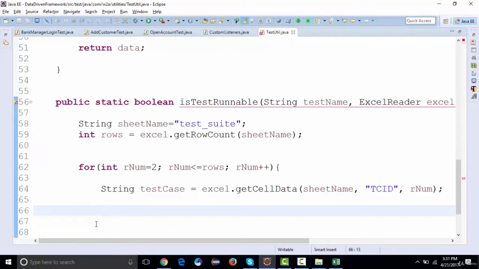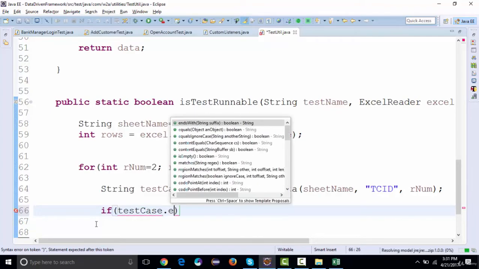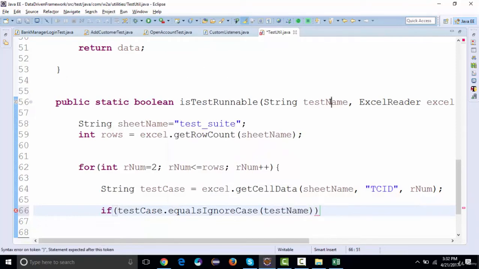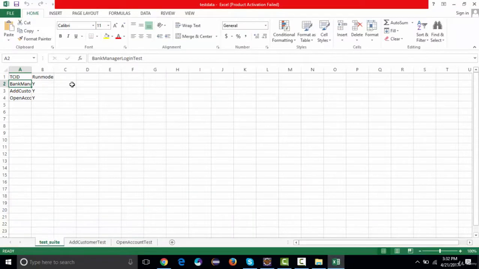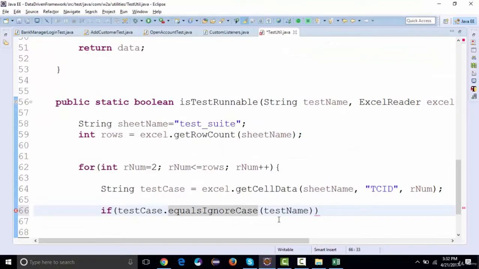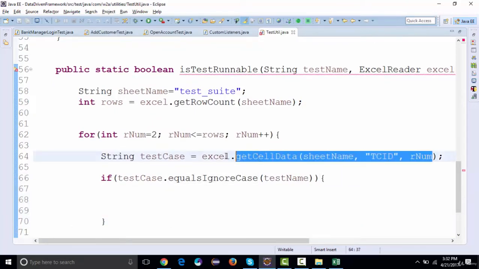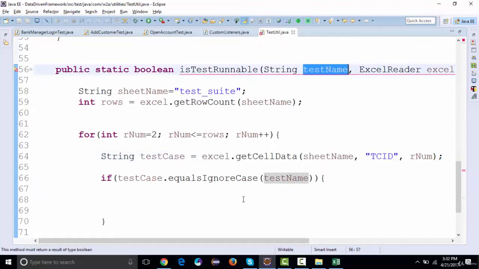Now I'm gonna write a logic: if this testCase dot equalsIgnoreCase the test name that we are going to provide. equalsIgnoreCase means that it should ignore the case sensitivity, right? It might happen that I may write it in uppercase or lowercase, but it should ignore the case at the time of reading it, right? So this is just to be on the safer side. So if the data that we are reading from the Excel sheet is equal to the test name that we are providing, what it is gonna do is check for